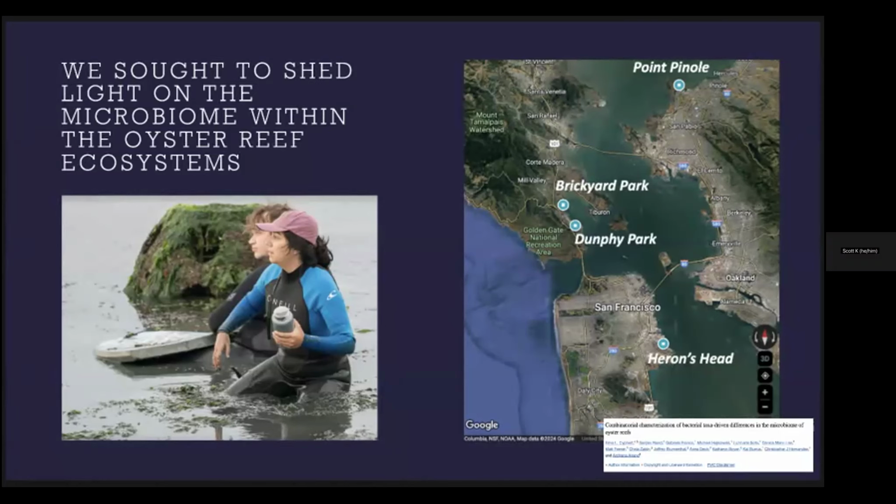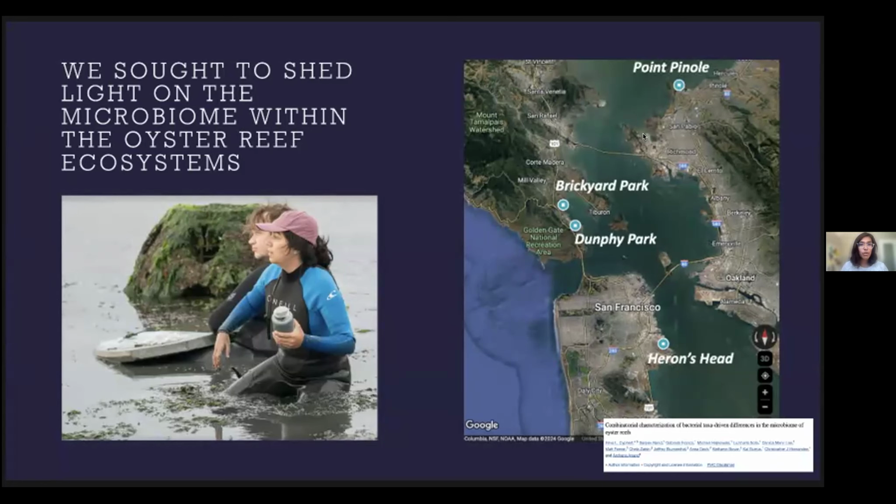Yes. So the native oyster species that we have here is called Ostrea lurida, and it's a small oyster species compared to the other Pacific oyster, which is relatively large in body size. The study that I'm going to share is being led by a graduate student, Jeff, in my lab, in collaboration with several other students whose photos you've also seen. They've all worked fantastically in developing a protocol to collect different samples and figure out how we could even do something like this, because it's the first of its kind here.